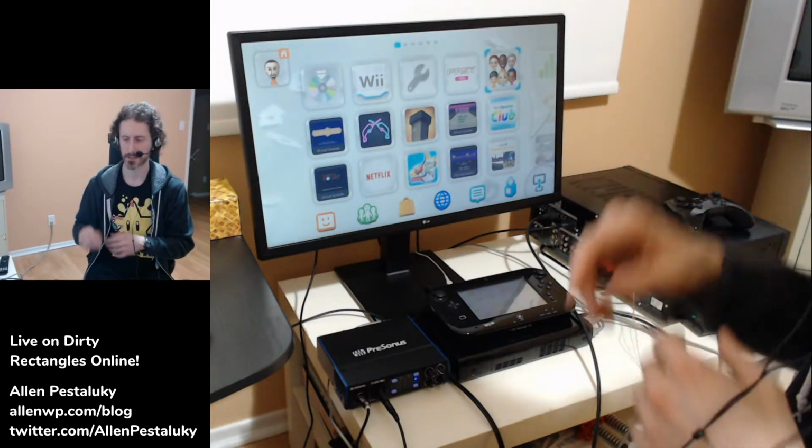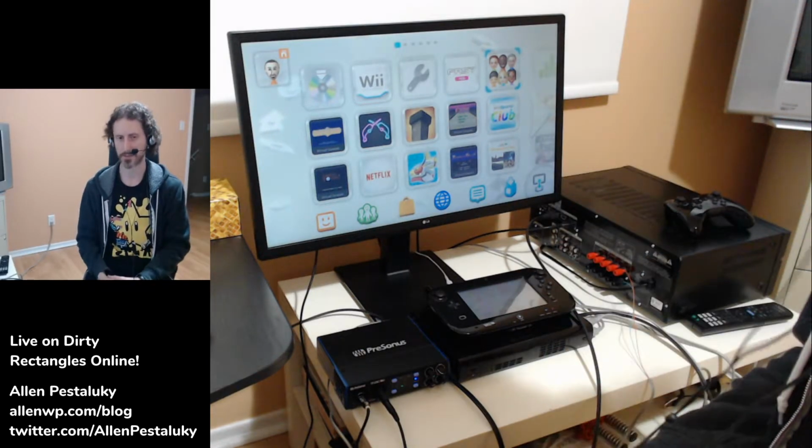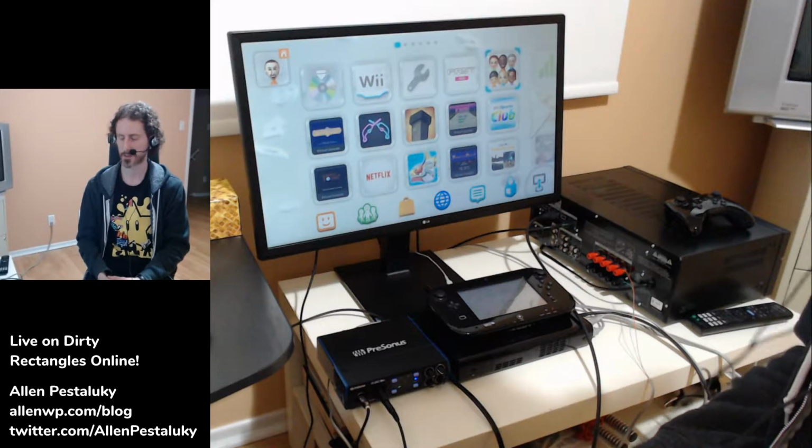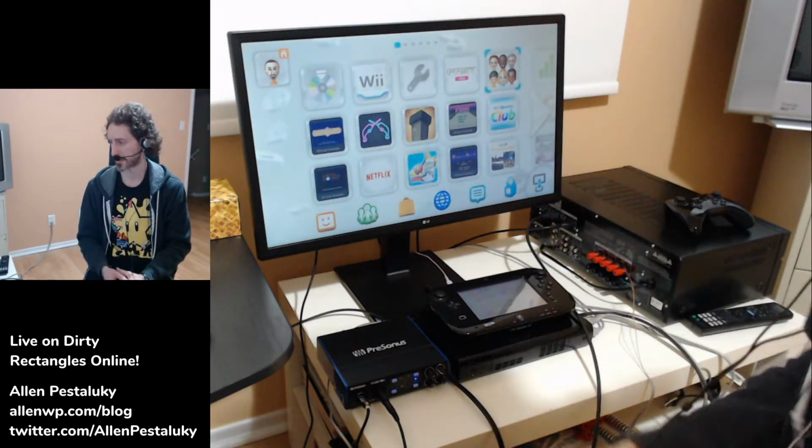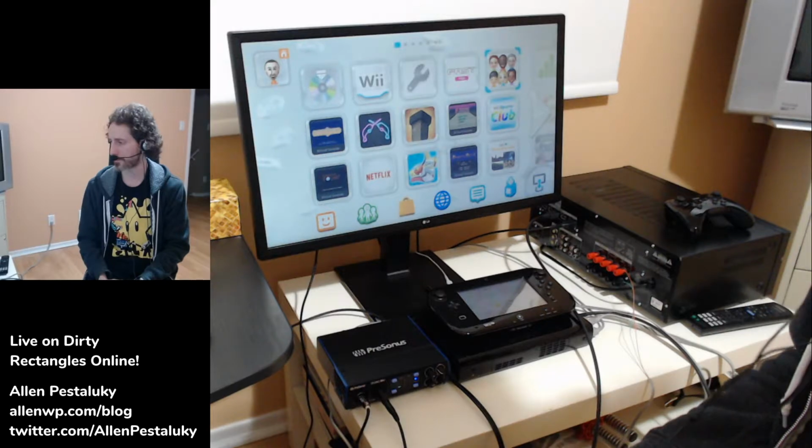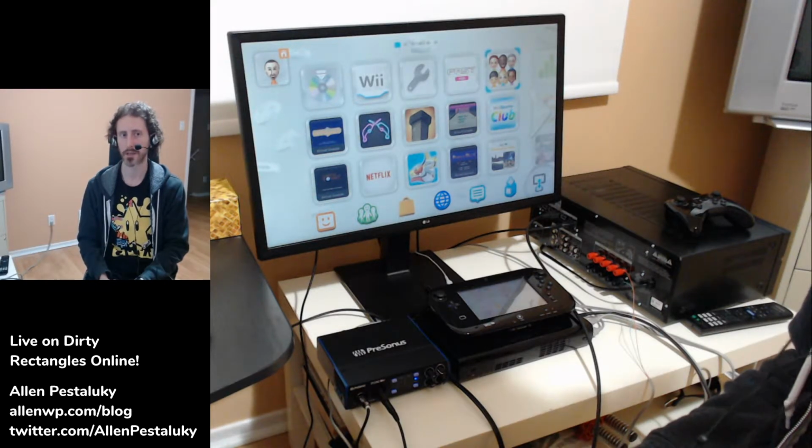You get a lot of variance on it. So anyway, there was a lot about that method that wasn't great for latency testing or audio delay testing. But then I discovered that the Wii U can output audio through both HDMI